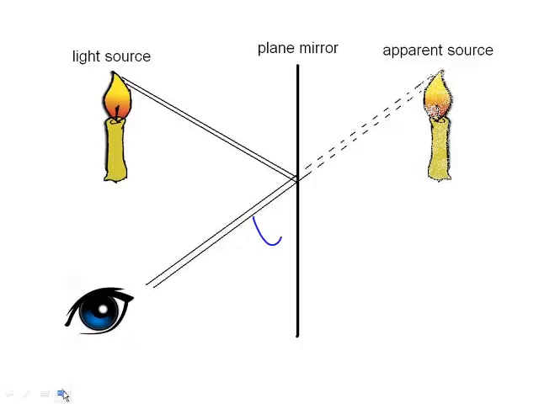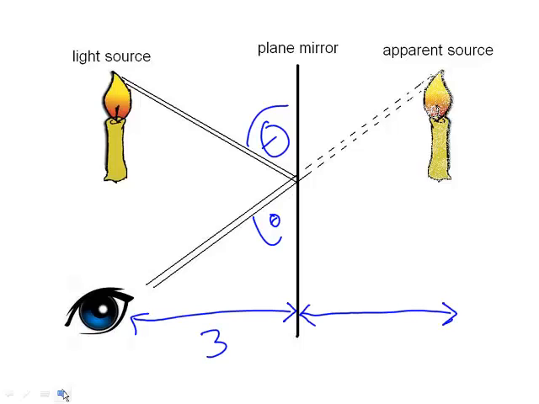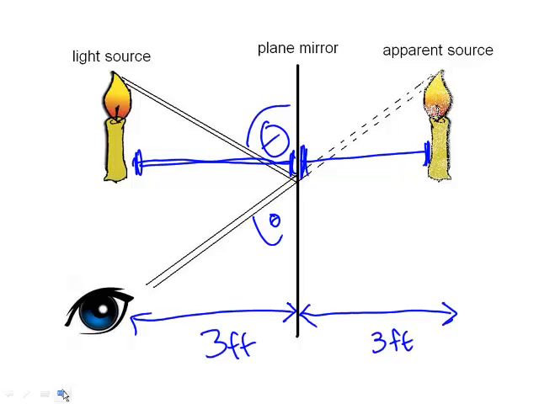Looking at plane mirrors, remember the law of reflection is that the angle of incidence is equal to the angle of reflection. And that means that the distance that you are away from the mirror, let's say that he's 3 feet away, or she, and then the object that you're seeing in the mirror is going to be 3 feet as well. So if this is 3 feet away from the mirror, the image is going to appear 3 feet into the mirror. Remember that. Remember that mirrors work on reflection and lenses work on refraction. Know the difference between